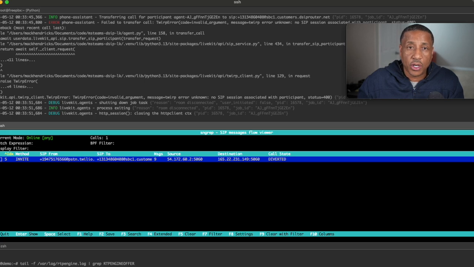In the next series, we're going to walk through the LiveKit Portal interface. We're going to configure Twilio to route calls to LiveKit Cloud. And then we're going to configure our agent